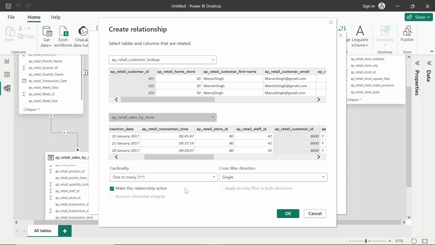And what is the relationship? It is automatically identified as a one to many relationship. It means there is one record present in the AP retail customer lookup table, but multiple records could be present in the AP retail sales by store fact table for AP retail customer ID. Let me create it.